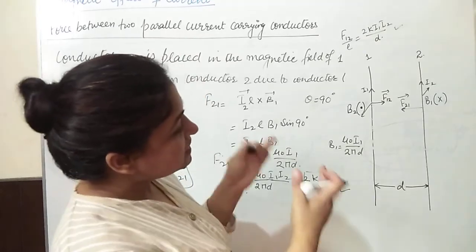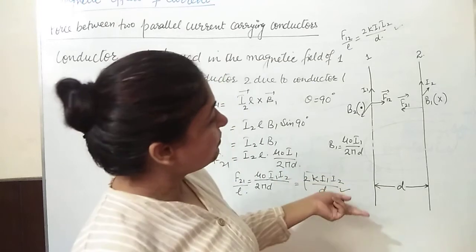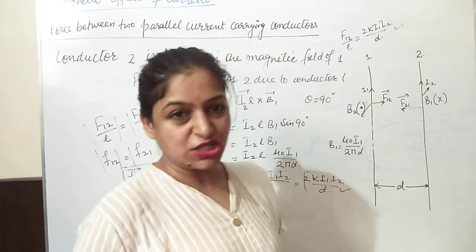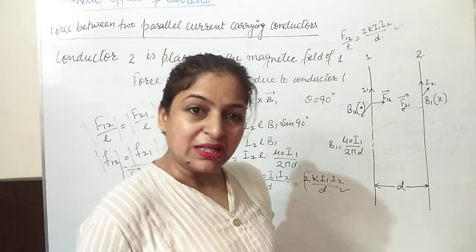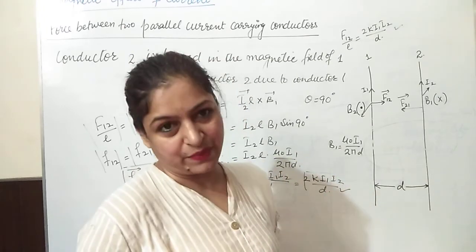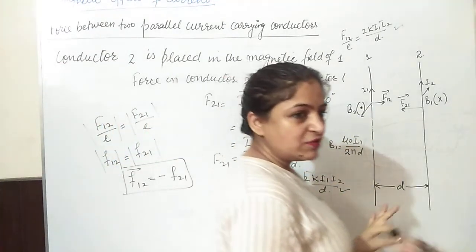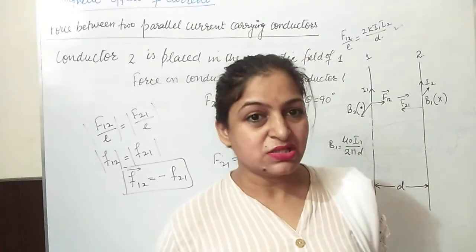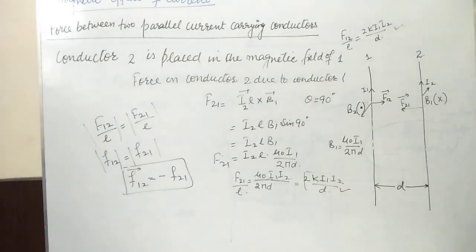One more thing we have seen here: both of the currents were parallel, both were upwards. When both of the currents are upward, both of the conductors attract each other. And what will happen if the currents are anti-parallel? Will they again attract each other or will something else happen? Now let us see. I am rubbing it out and we will see in the same diagram. The derivation is exactly the same. Magnitudes would again be the same, but directions would change if the two currents are anti-parallel to each other. Now let us see.